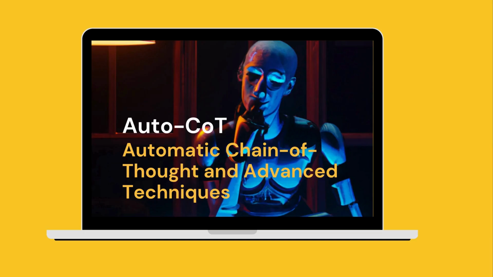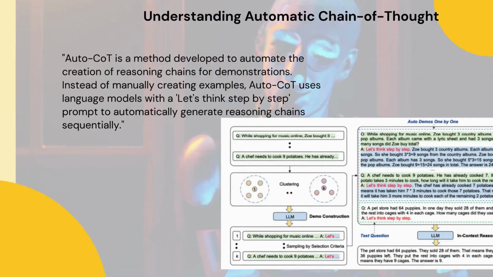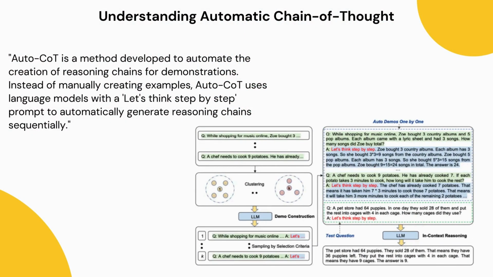Let's move from manual chain of thought prompting to an automated approach. Next up is automatic chain of thought, Auto-CoT. Auto-CoT is a method developed to automate the creation of reasoning chains for demonstrations. Instead of manually creating examples, Auto-CoT uses language models, with a "let's think step-by-step" prompt to automatically generate reasoning chains,